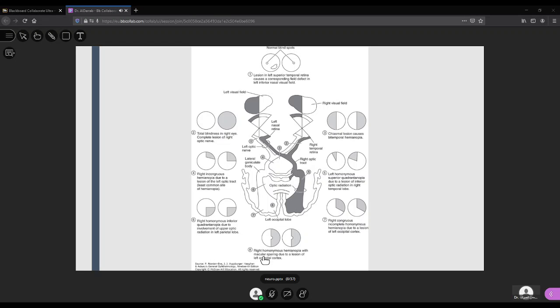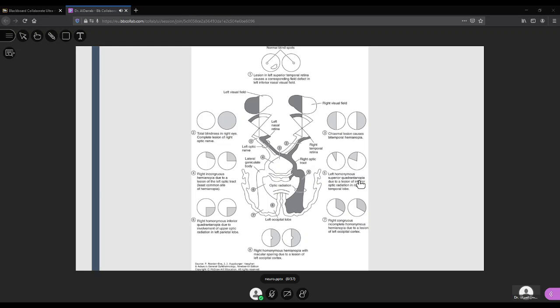The more posterior the lesion, the more congruity there is. So the more posterior the lesion, the more the defect will be almost similar in each eye. So the optic tract is opposite. Left damage will cause right incongruous hemianopia or quadrantopia, only a quadrant. Number four. Number five,